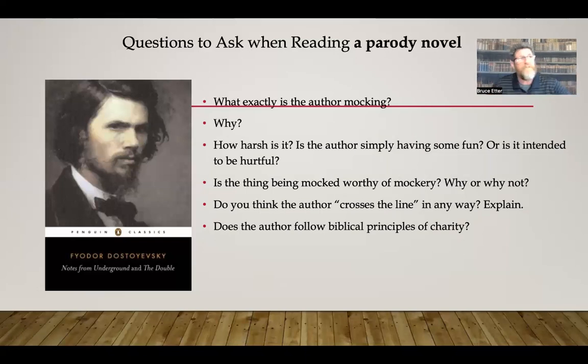When you look at Gulliver's Travels, does Jonathan Swift come across as just being a little too grumpy? We put that one in a satire category, but you understand what I mean. Does the author follow biblical principles of charity? Whoo! Now, if the author happened to be living at the same time as the thing that he or she is making a parody of,